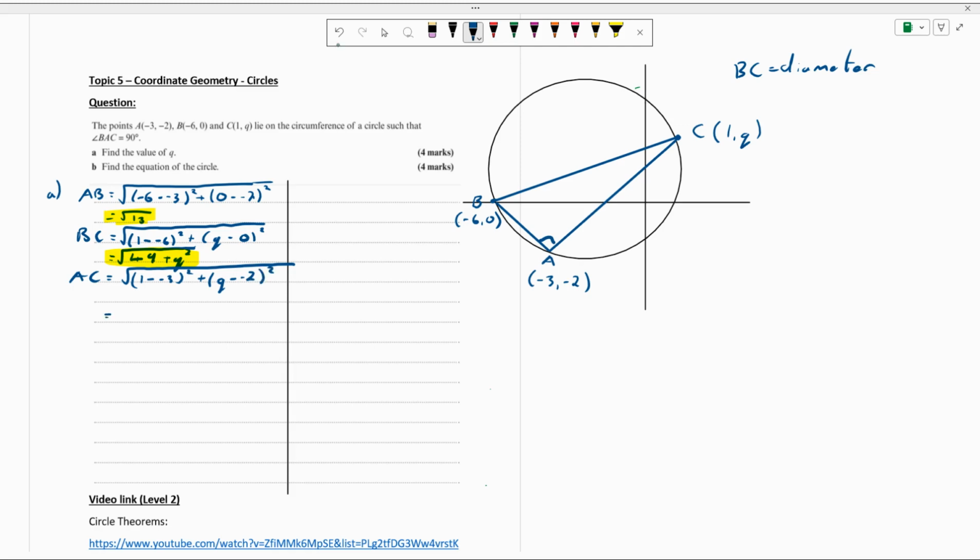Okay, now the first bracket, take my pen, there we go. First bracket is going to be 4, squaring it gives me 16. Okay, so I'll put my roots in a minute, so let me do all the way across. This bracket here should be Q plus 2 squared. Okay, so I'm also going to expand this double bracket here. So I get plus Q squared plus 4Q plus 4. And I can simplify this up a little bit. So I've got the root of Q squared plus 4Q plus 20. Now, none of those three things look very nice at the moment, but if I apply Pythag,